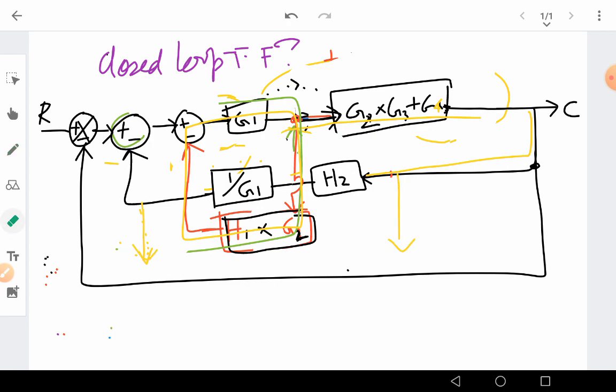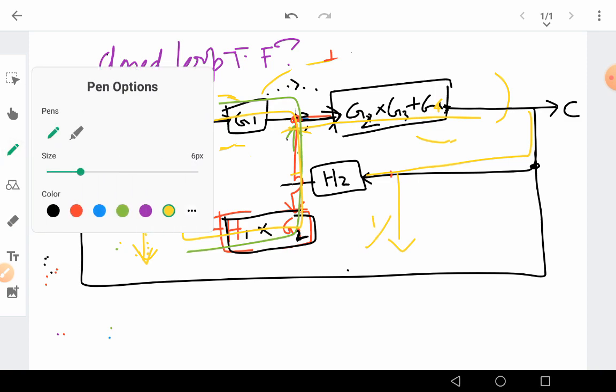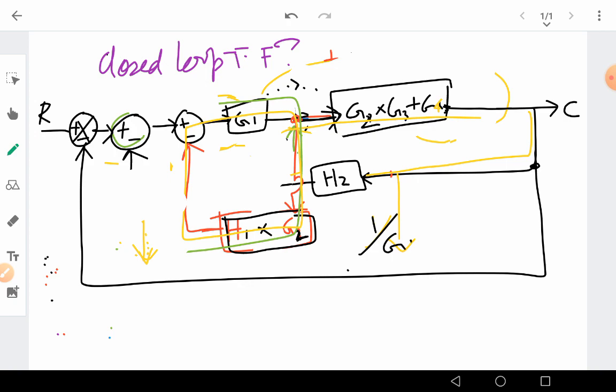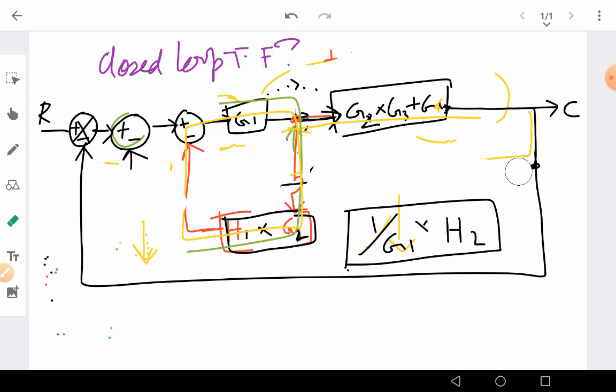So what will happen? Just the 1 by G1 block, I need to take these two things out, so it will happen like this. 1 by G1 I have to keep somewhere like this, 1 divided by G1, and there is an H2 also, so this is anyway multiplied together, 1 by G1 into H2. Now this block I will eliminate from this portion. Okay, and done, nothing new, I just eliminated that from that block for simplification. So this is again coming from here, and it is going to this summing block.